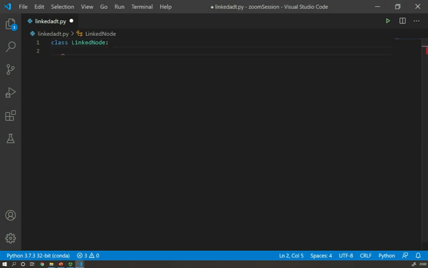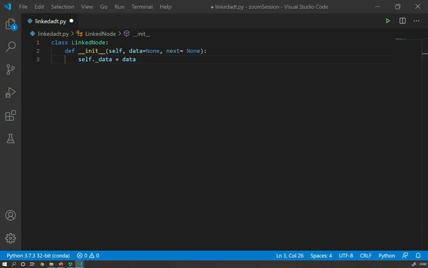And then let's create the init method. For the init method, I'm going to use two parameters, data, which is going to be the value stored in the list, and next, which is going to be the reference to the next element in my list. So I'm going to have an attribute underscore data because I want to protect my data, so I want to encapsulate the data. I'm going to assign what I've got in the parameter data.